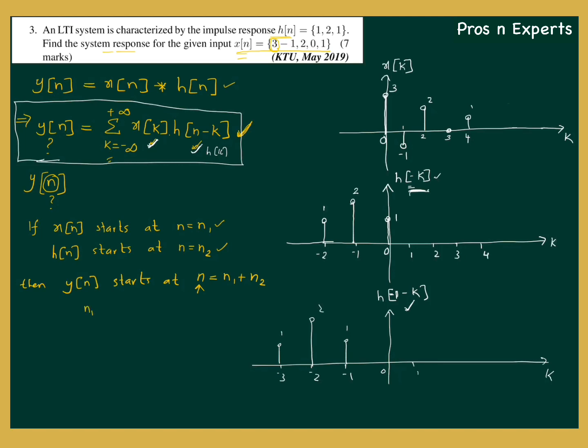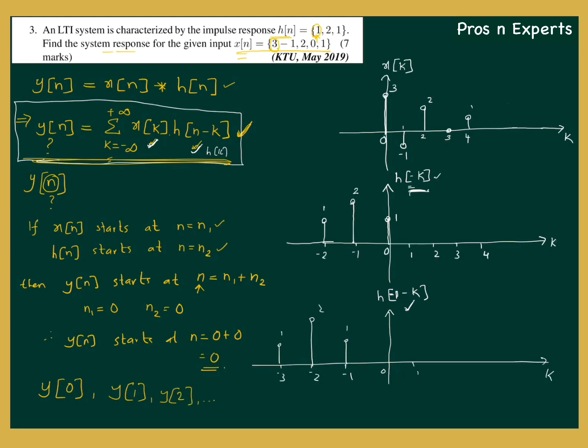So here n1 equal to 0. And what about h of n? H of n is having the starting sample 1, and that also starts at n equal to 0. So n2 is also 0. Therefore we can directly say that y of n starts at n equal to n1 plus n2, 0 plus 0 equal to 0. So in fact we have to start finding y of 0. Okay, you make use of this equation to find y of 0 first, then y of 1, then y of